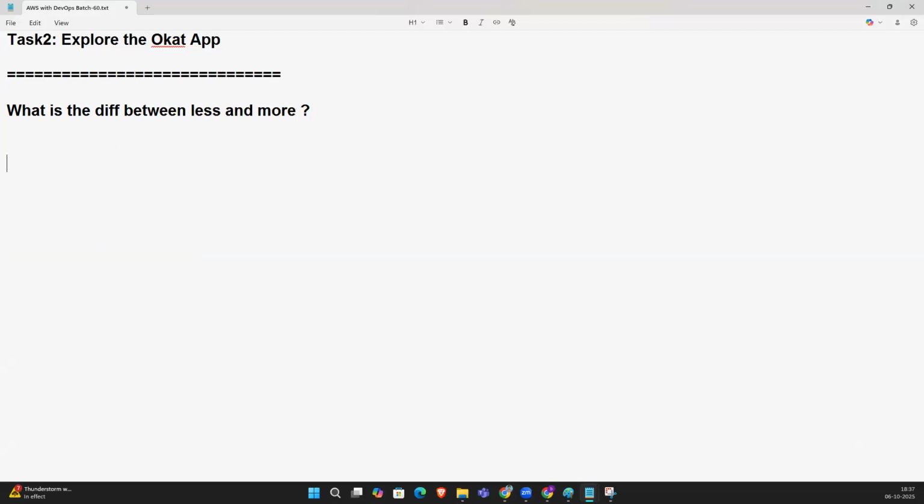They are the same. Both show the page page by page or line by line, but the difference is that more will show a percentage value, so you can see how much of the file is completed and how many pages are reviewed. Less will not show the percentage. Understood?